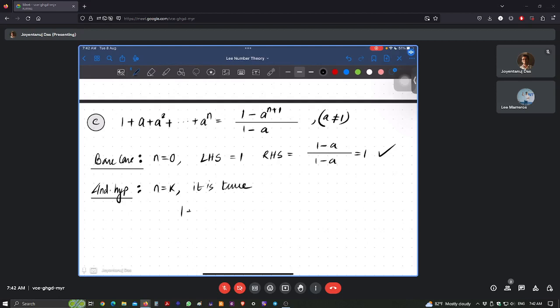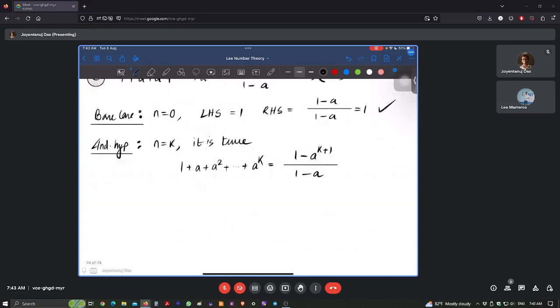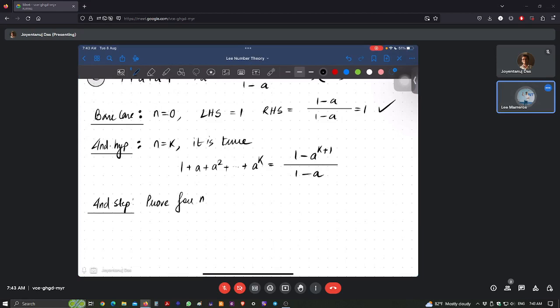So that is 1 plus a and so on. So we'll now prove for n equal to k plus 1, right? So the left hand side will be